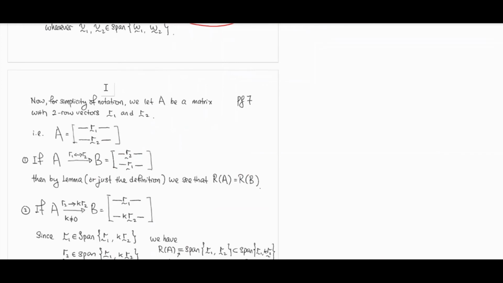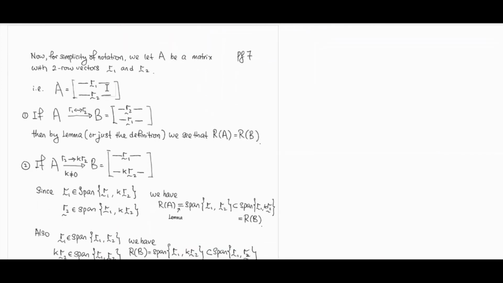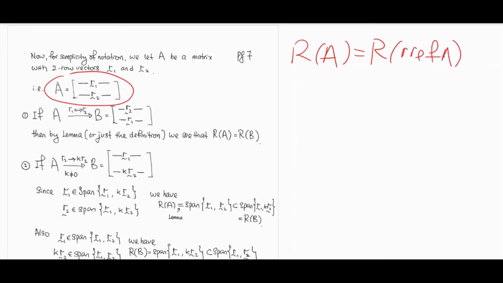All right, so how do you use this lemma to show that the row space of A and the row space of RREF of A are the same? So we're not going to show it entirely, and for simplicity of notation, I'm just going to use a matrix A with only 2 row vectors to demonstrate why that's the case. Before I show that the row space of A and the row space of RREF of A are the same, I'm going to show one thing here, which will give you this result. I'm going to show that if you have a matrix A and you do 1